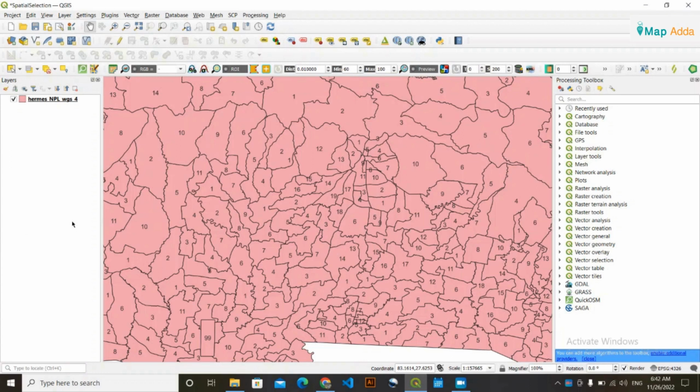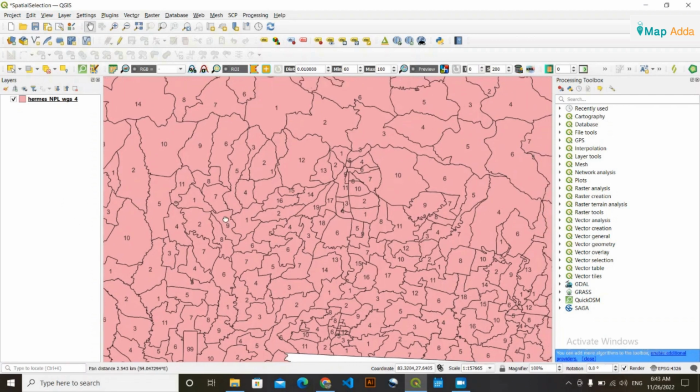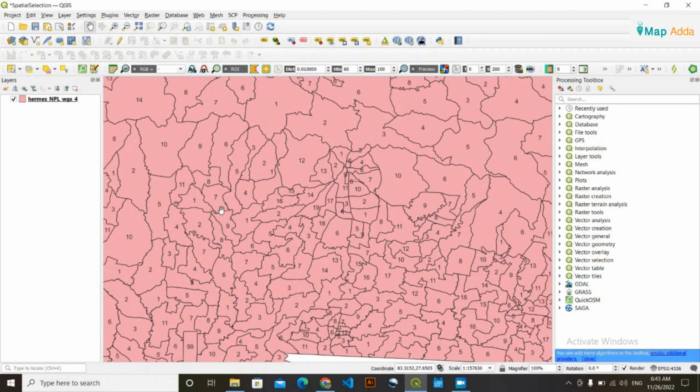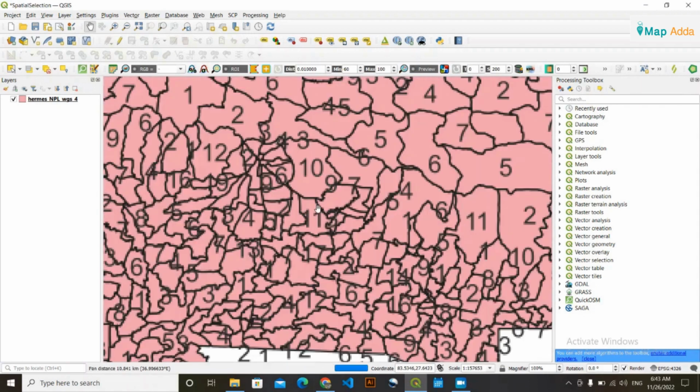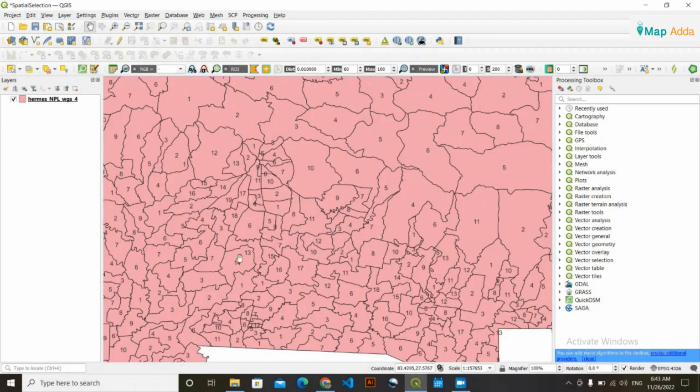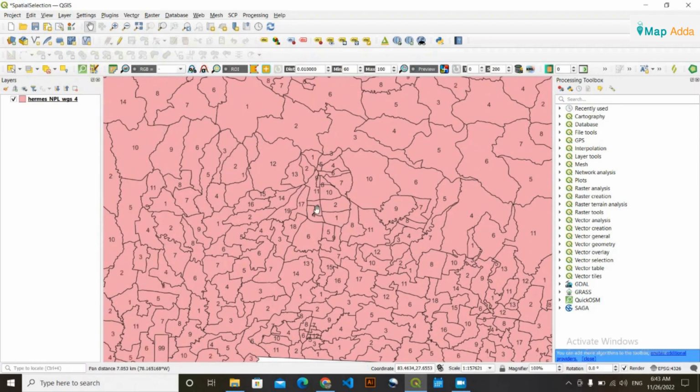In this video, I'm going to show you how you can do spatial selection in QGIS. First, understand what is spatial selection. Spatial selection means simply selecting the features that you are seeing in this data. And the way that you select these features are different. There are different kinds of methods to select these features, and today I'm going to show you how you can